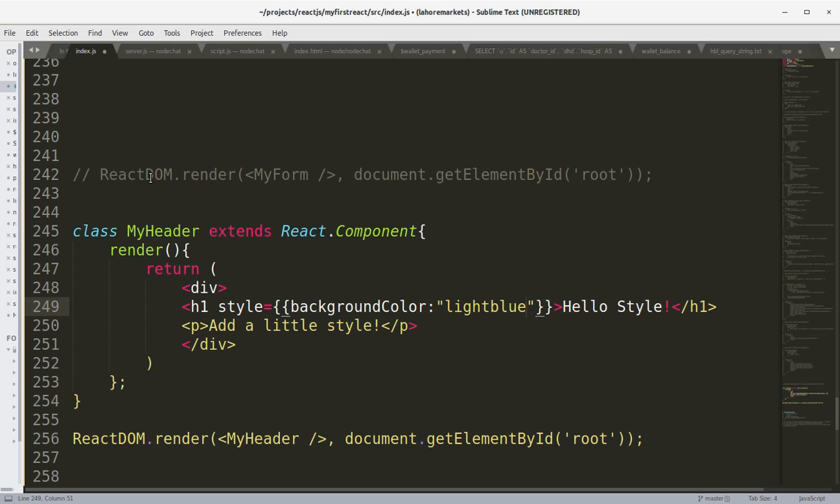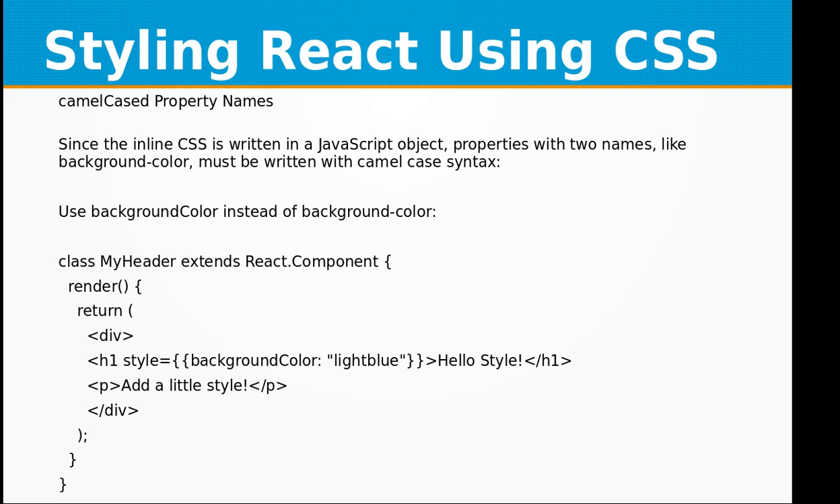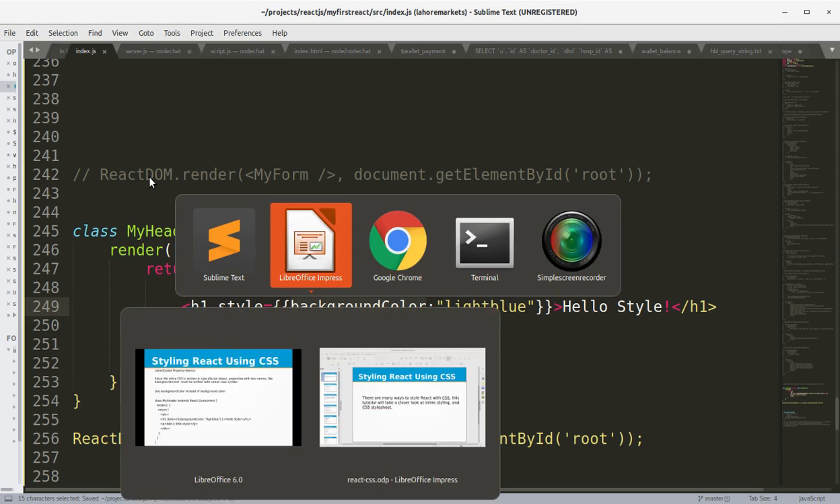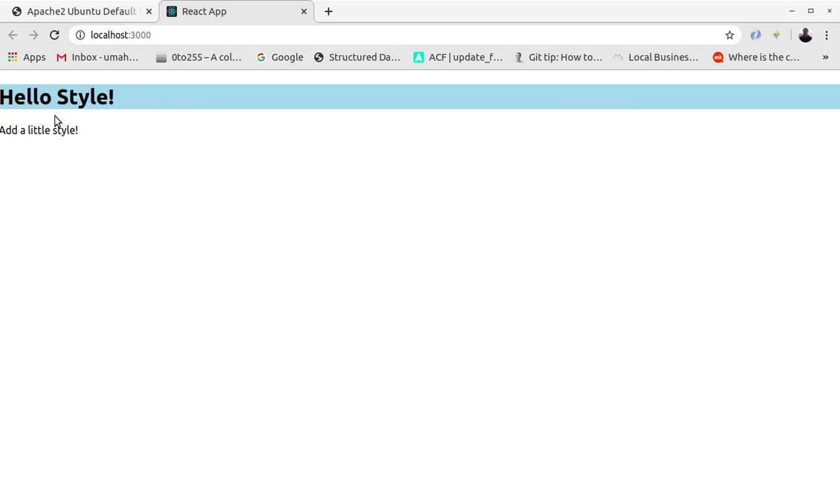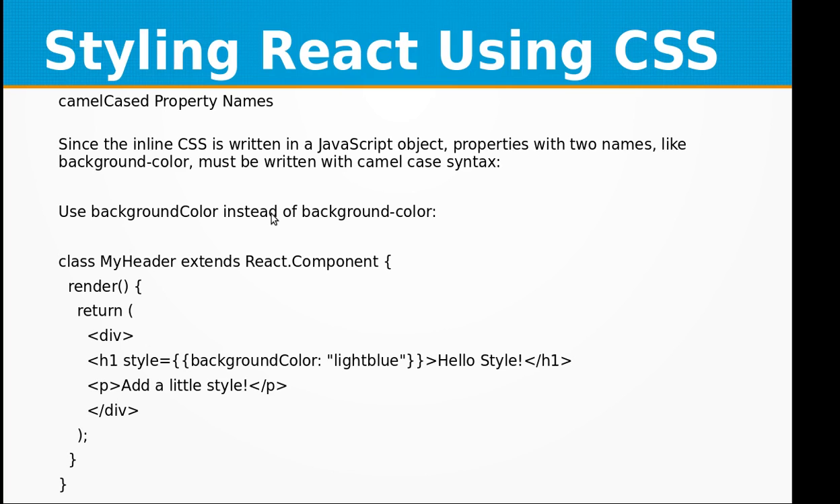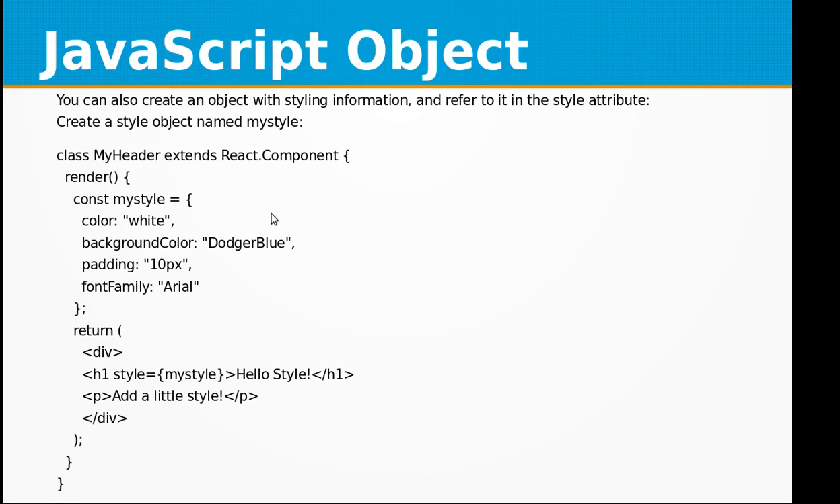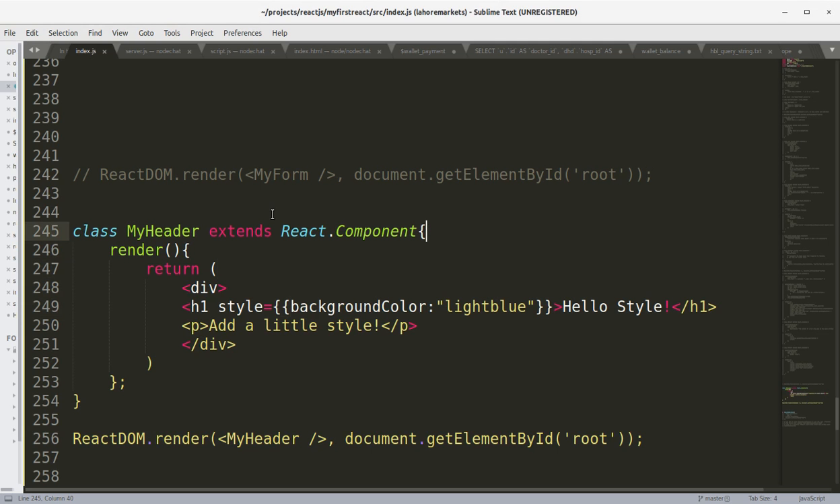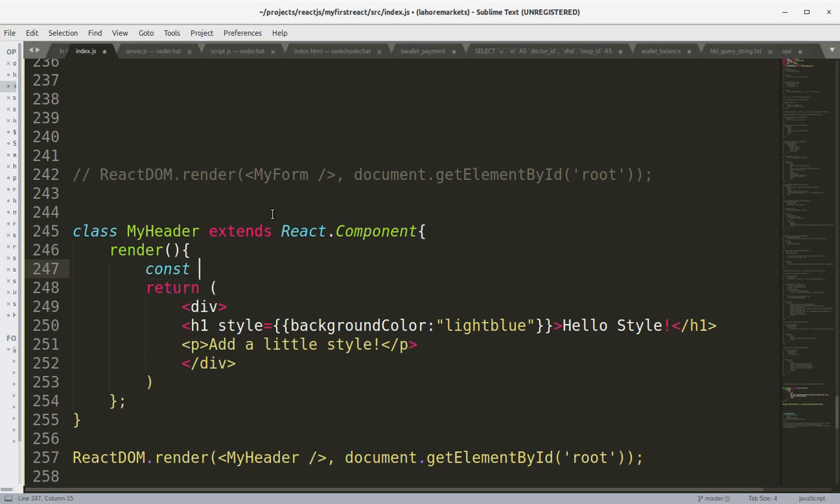Light blue. Okay, so I'm using backgroundColor instead of background-color. Save the file and let's see the results in the browser. So we have that light blue background in the h1 tag. Okay, you can also create an object with styling information and refer to it in the style attribute. Let's create a style object named myStyle. So we have the same class component, but in the render function I'm going to create myStyle object